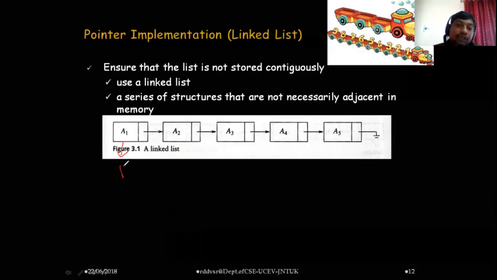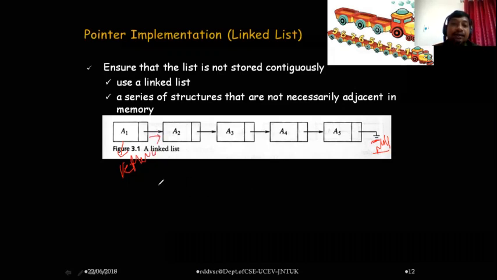Once you know the starting element address, then by following these links, A1's next is A2, A2's next is A3, A3's next is A4, A4's next is A5, A5's next is null. That is an indication of the last element. Its next is null, means there are no further elements in the list.